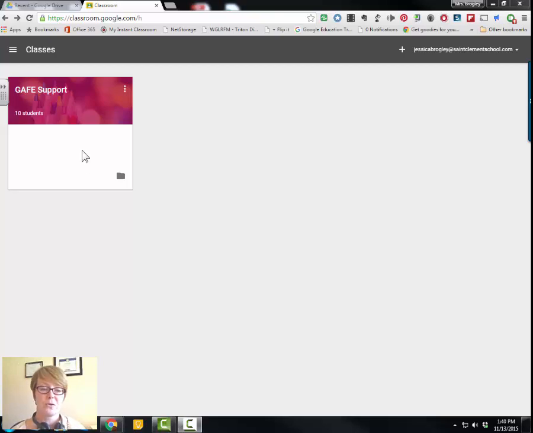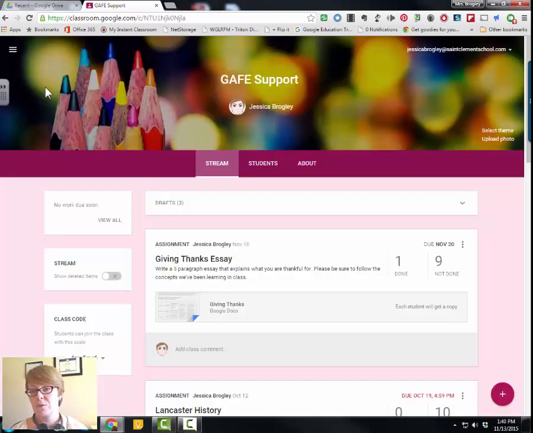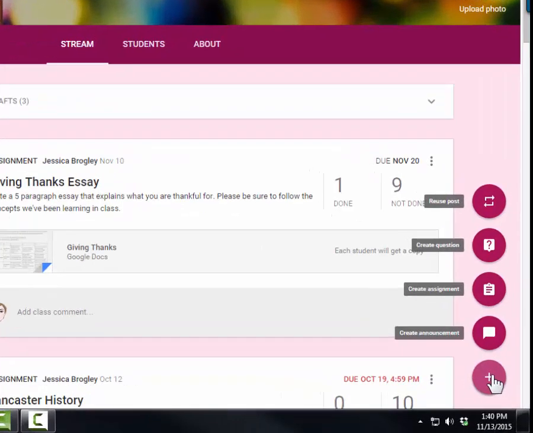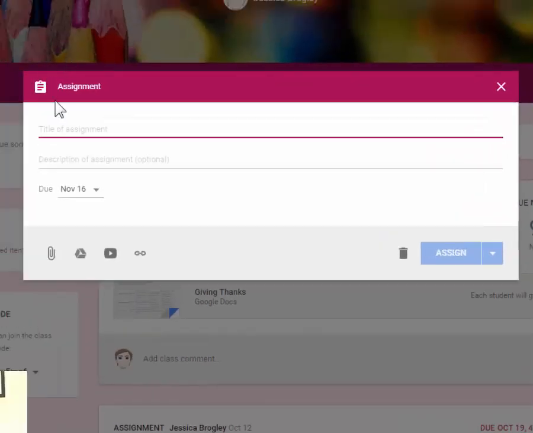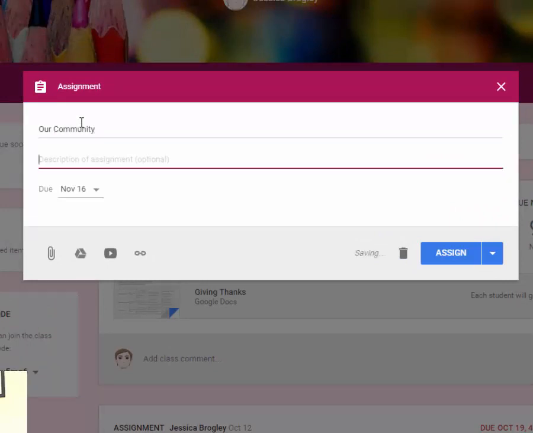First, you need to go to Google Classroom and open up the class that you indeed want to do this in, and I'll demonstrate how to start an assignment for you. So in the bottom right hand corner, you'll click the plus sign and click Create an Assignment, and I'll call this Our Community. Okay, you'd really write a much better description of what your assignment entails and pick your due date,